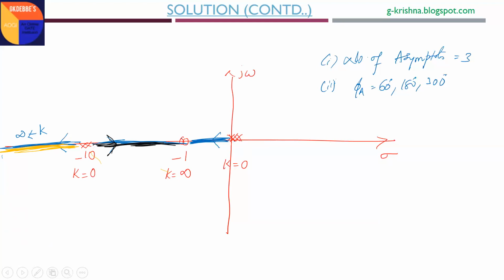But how many times will the root locus plot cut the imaginary axis? That we can easily analyze from the frequency domain method, the phase plot, not with the Routh-Hurwitz criterion. Routh-Hurwitz criterion will give it, but it becomes more complicated for this fifth order system. It will cut the imaginary axis only 2 times. Hence, I will show the root locus diagram with another color. The root locus plot will cut the imaginary axis 2 times, like this.